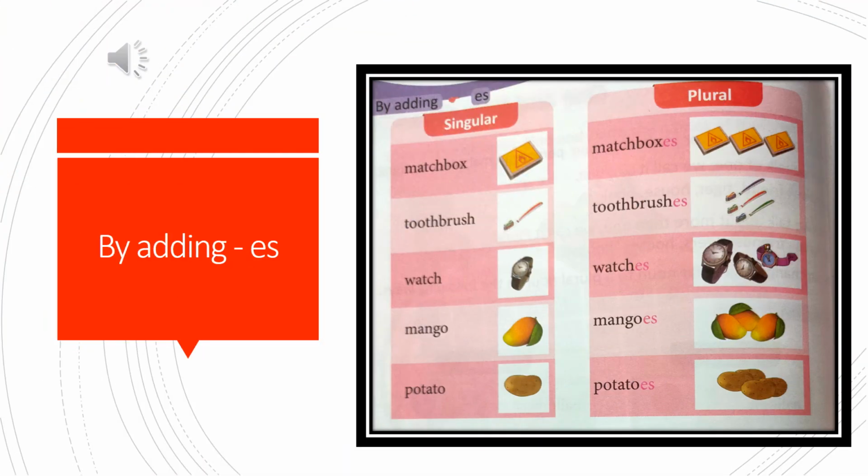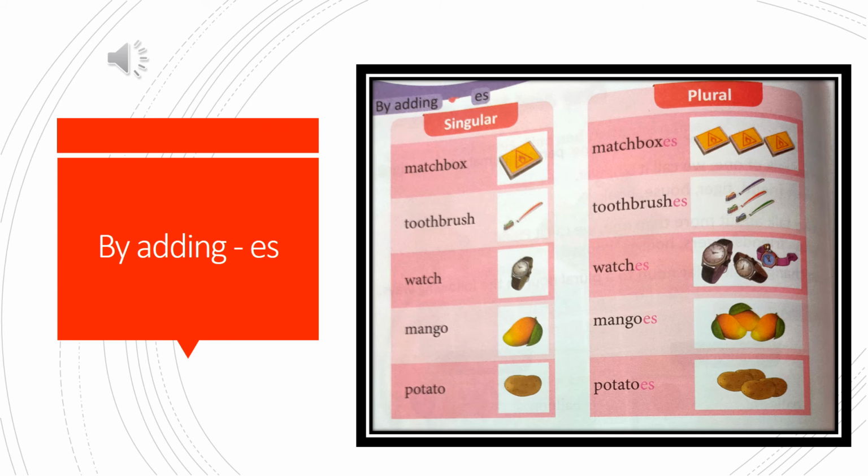Some singulars we change into plural by adding ES. For example, matchbox. When we change singular into plural, we add ES to box and it becomes matchboxes. In the same way, toothbrush becomes toothbrushes.